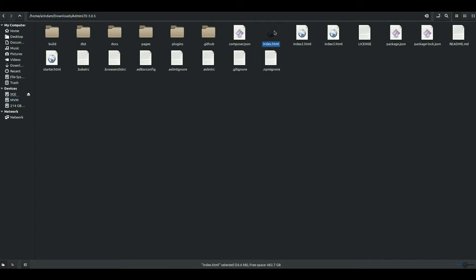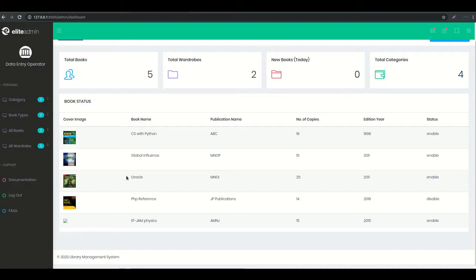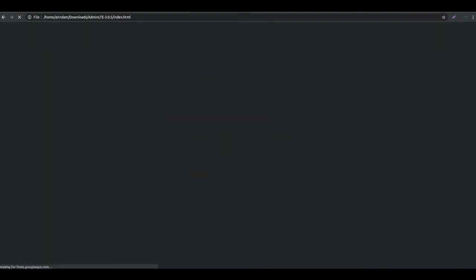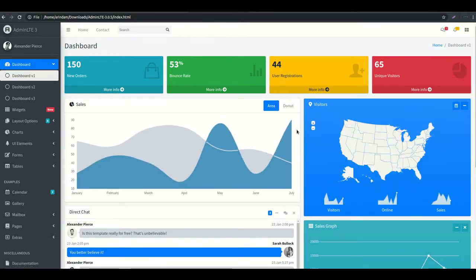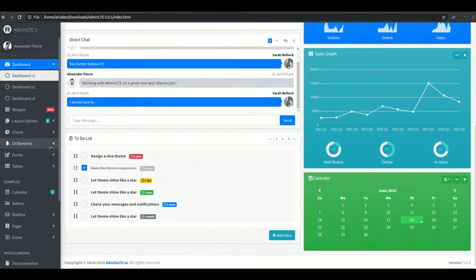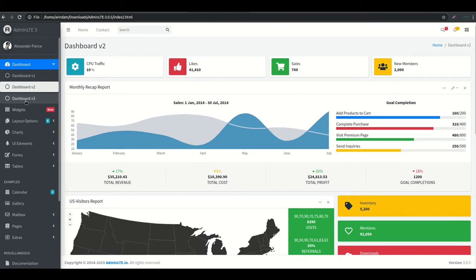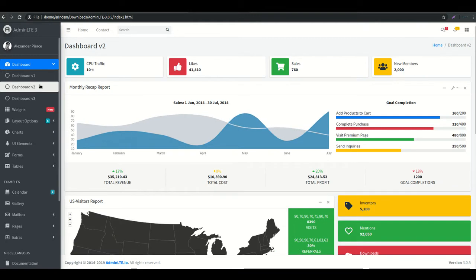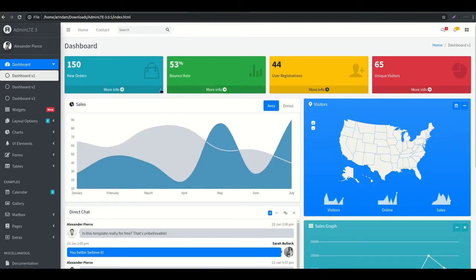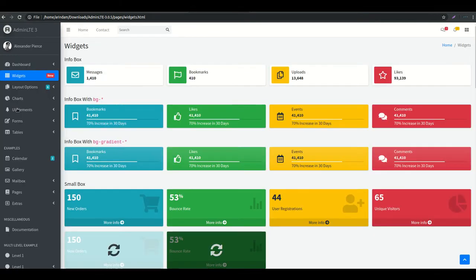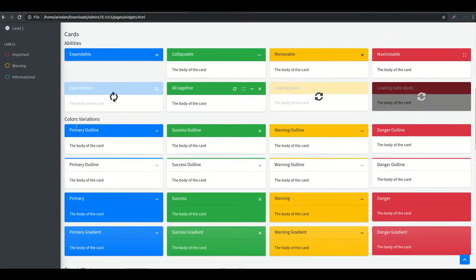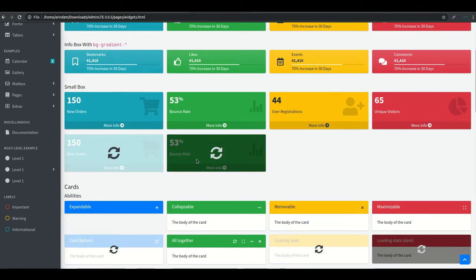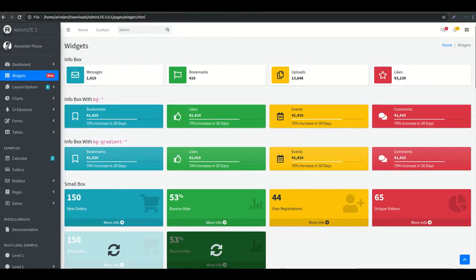In here, index.html. See, it looks like this. This is a good and free template. This is dashboard 1, dashboard 2, and dashboard 3. But now I am using only dashboard 1. There is some wizard you can use. Lots of things are there, totally free of cost.